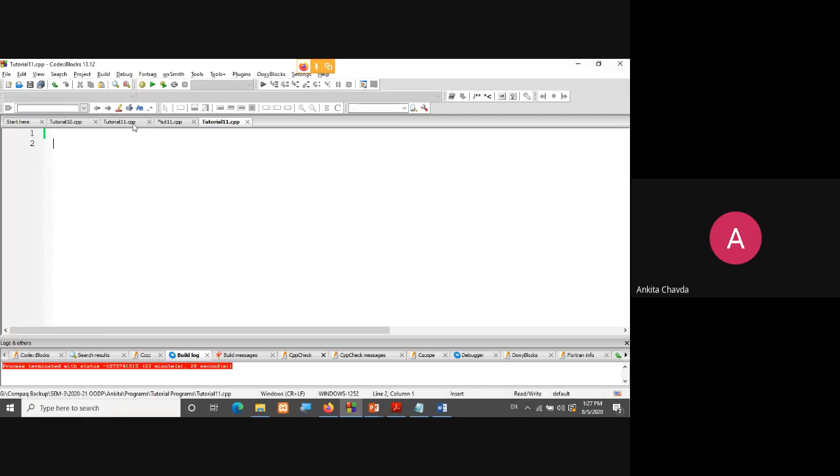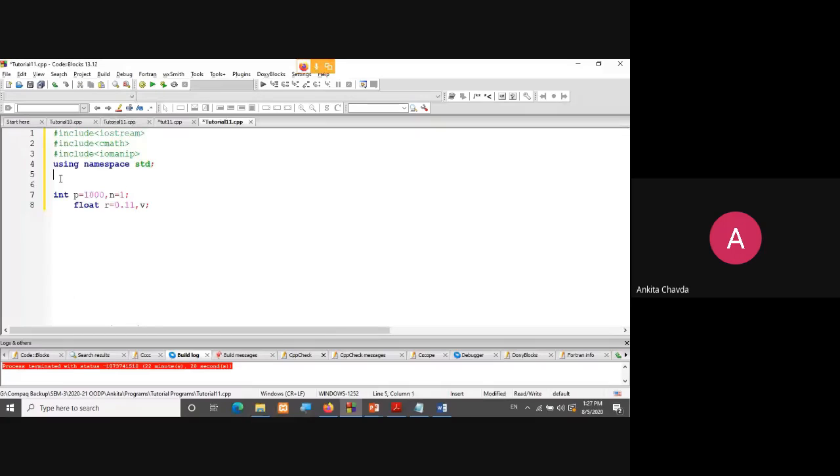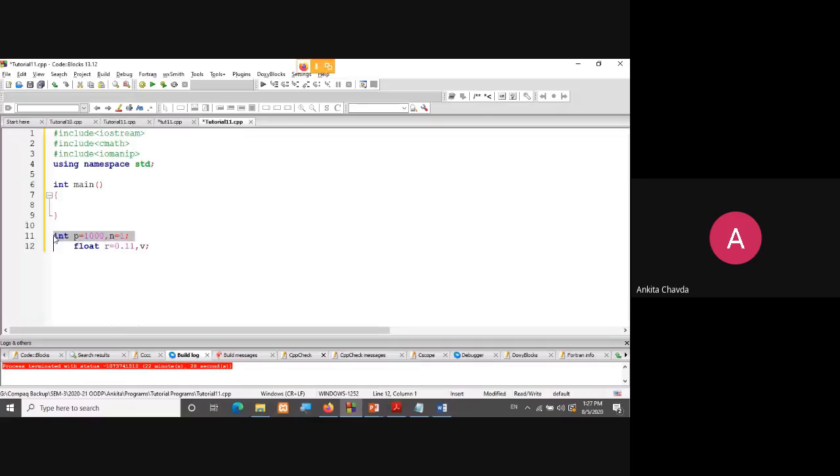Fine. So here, the rest of the rules I'll just copy. Then we'll directly have integer main over here, right? And write it down inside it.